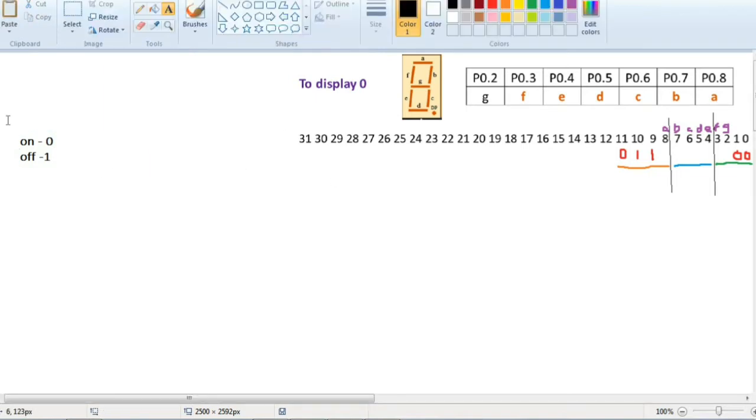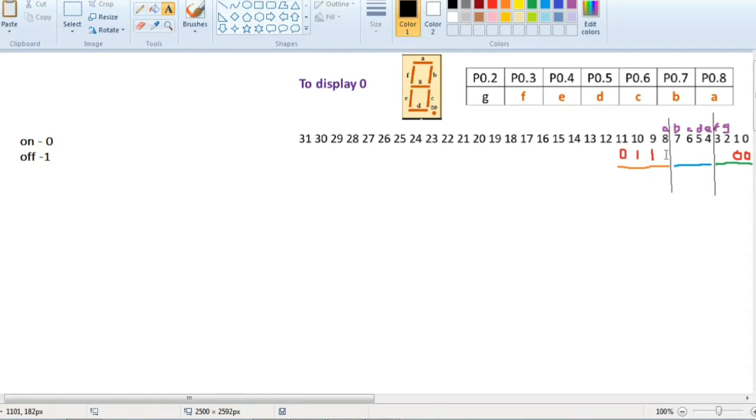Now we'll be making some more observations which we need to know. Which pins are we considering? We are considering from 2 to 8. But from 2 to 8 we can't consider directly, so we have to consider 4-bit groups: 0 to 3, then 4 to 7, then 8 to 11. These are the only bits which we are considering here. Initially all the bits will be initialized as 0, and further we'll be editing each of the bits.